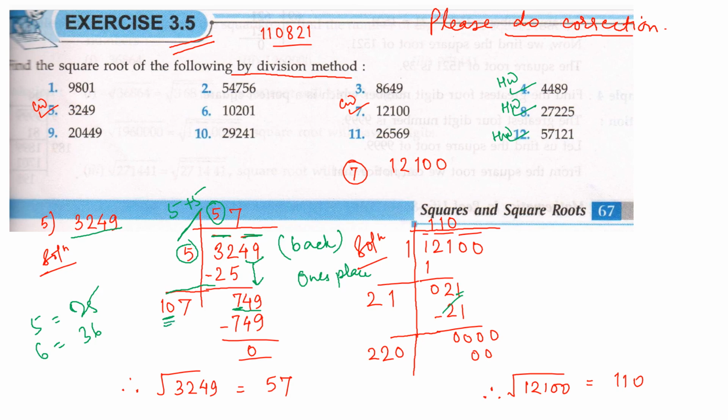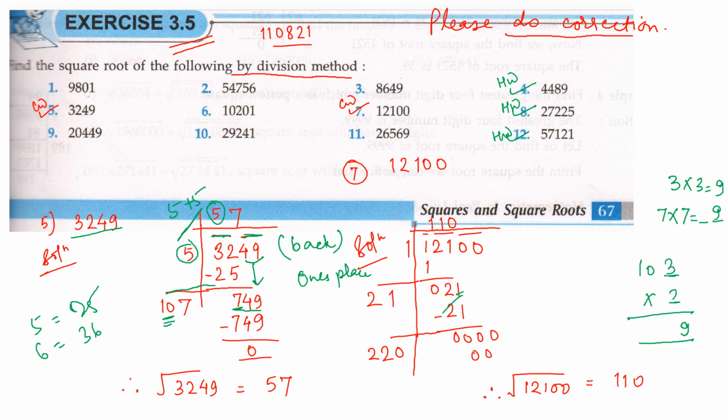Now you have to think of a number to write in front of 10, and with the same number you are going to multiply so that you get 9 at the ones place. It should be 9 or smaller; this is on a trial and error basis. 9 comes when we multiply 3 and 3, and also when we multiply 7 and 7. So we can try with a 3.